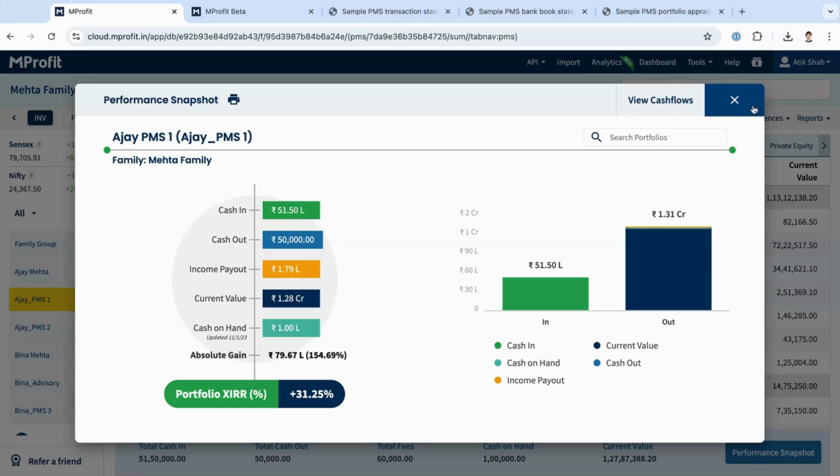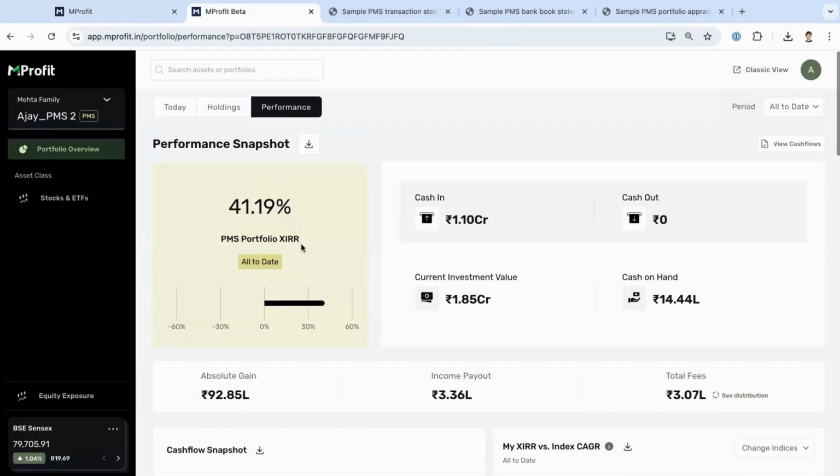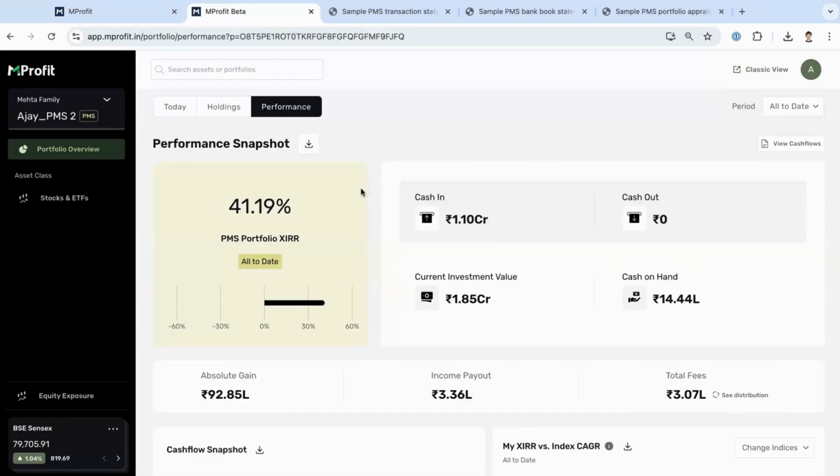But what we have done since is we've actually built this in a new and improved UI. Most of you know that we have launched our new MProfit app, the analytics app we're calling it, with a new UI UX look and feel, and we have provided the same performance snapshot, but in a better and more detailed view. So what you're seeing here is a performance snapshot which gives you the XIRR of the PMS, gives you the cash in, the cash out, the current value, current invested value,